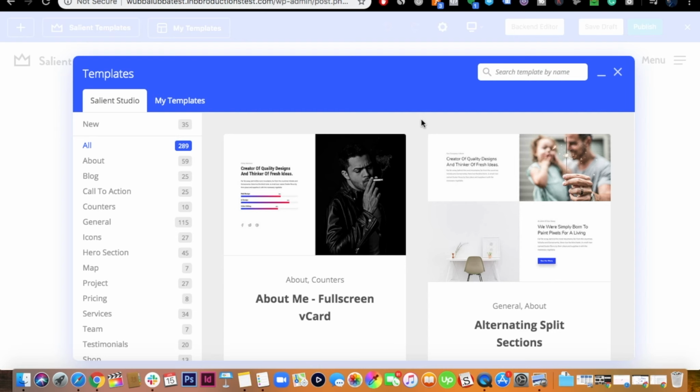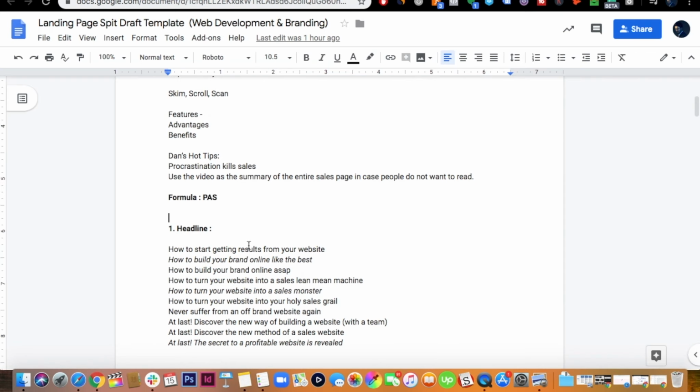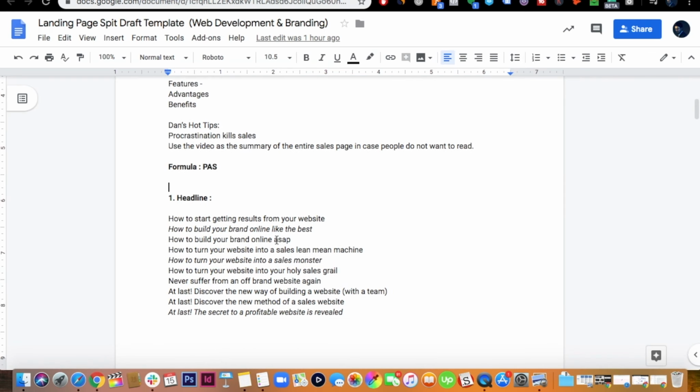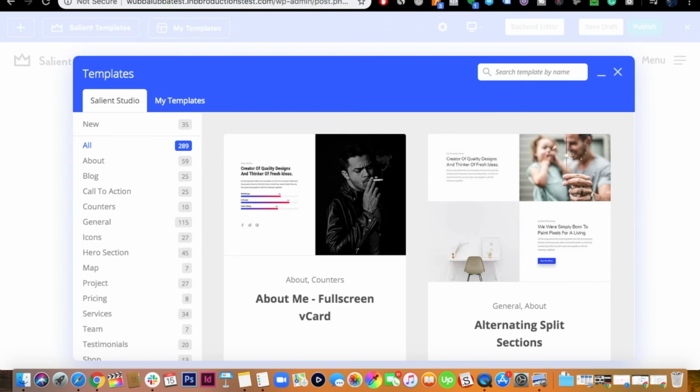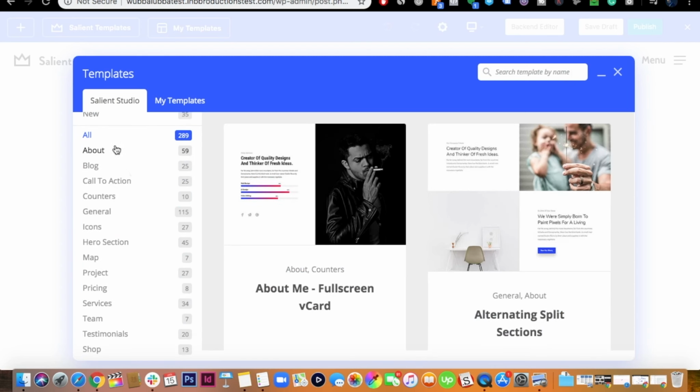Because if you design this for just the wrong audience, then the design is going to be bad, the messaging is going to be bad, the offer is going to be bad. So that's why it's important to do as much research as you can, understand your audience as much as you can before you research and write the messaging, because let me tell you, it is dramatically easier once you actually do. And if you want other things to give you inspiration, then look at Salient's demos,